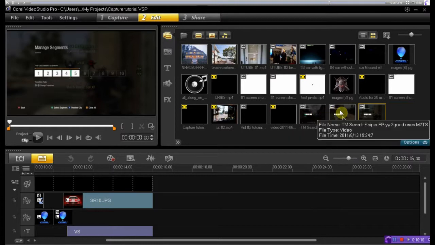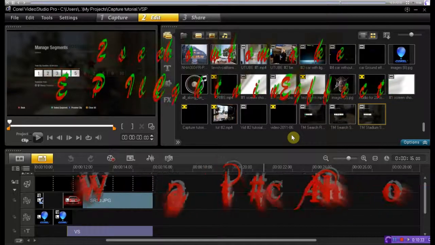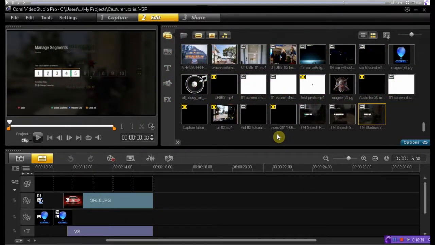So there's one, and then we're going to hit that, and hit that, and hit that, and that's all three. Round time, TM search round win, TM search sniper FR double Y, epic 3-piece. There you go. So now if we want to start editing